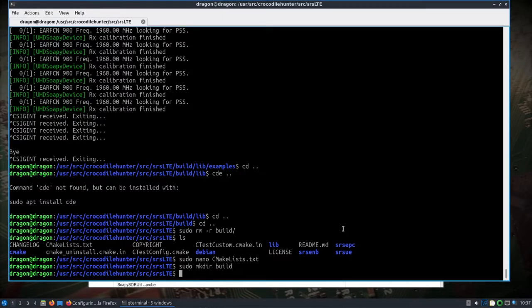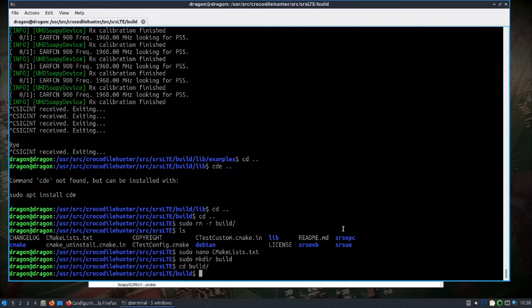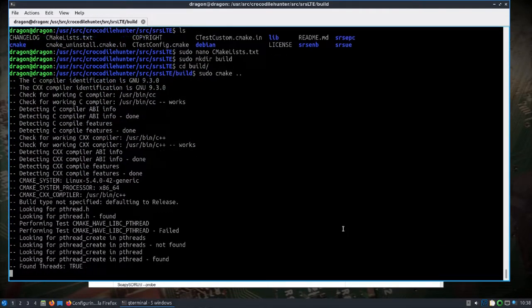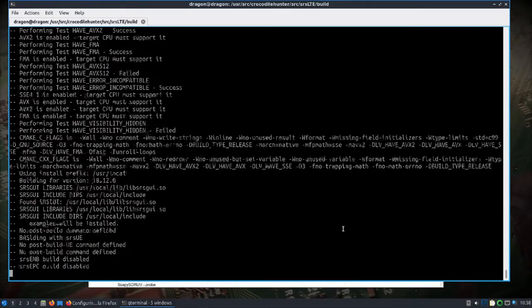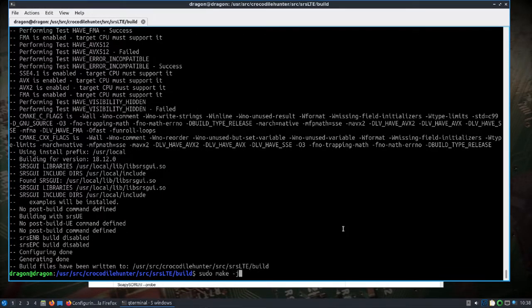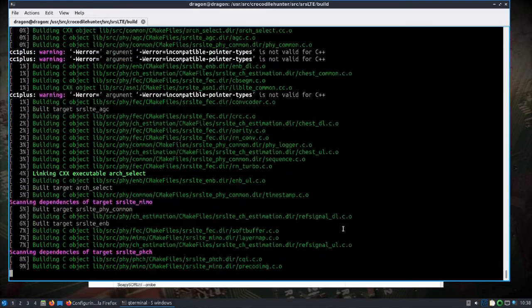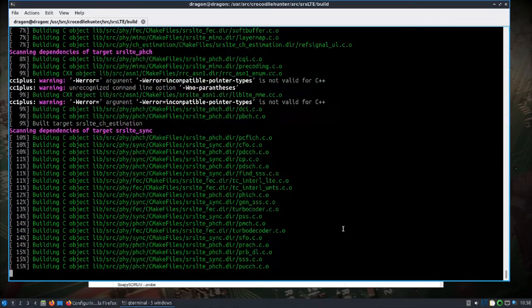We'll make the build directory again. You probably could have just run make clean or something, but let's see. Now to build, it will only find Soapy. We'll build this, and